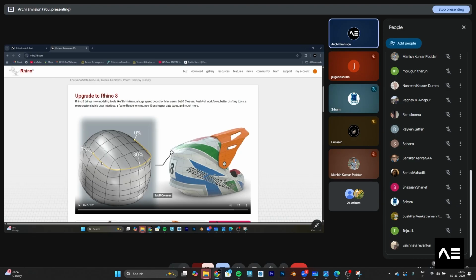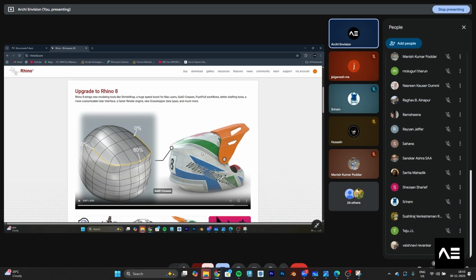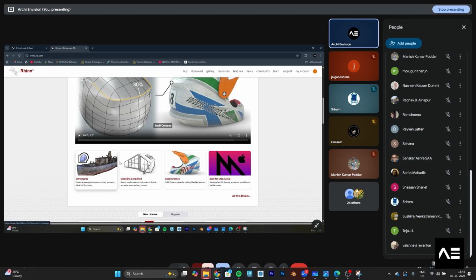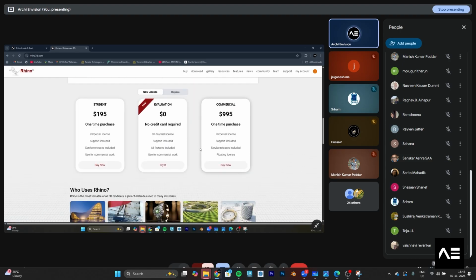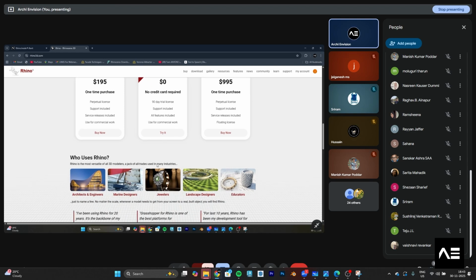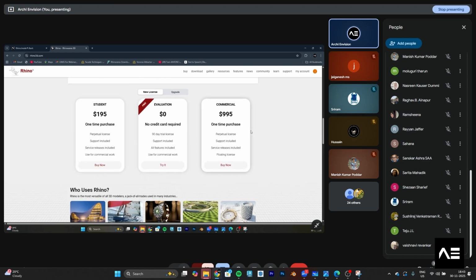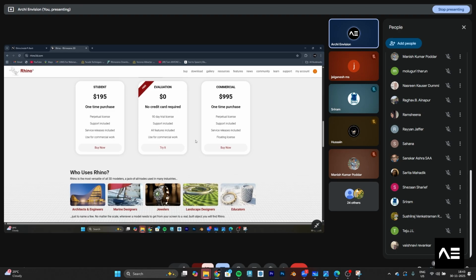This is a subdivided surface, and we can make it a sharp edge or a blunt edge. Like that we can design it accordingly. These are also the student licenses and how to use Rhino. If you want to purchase it, you can, but just try to use the trial version.